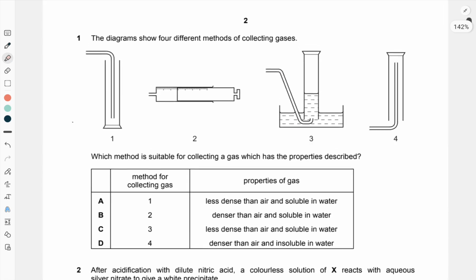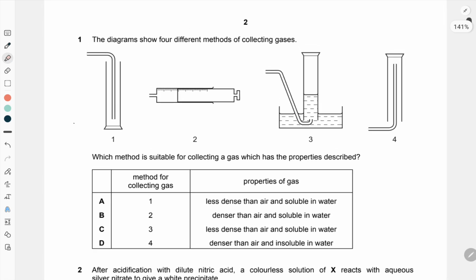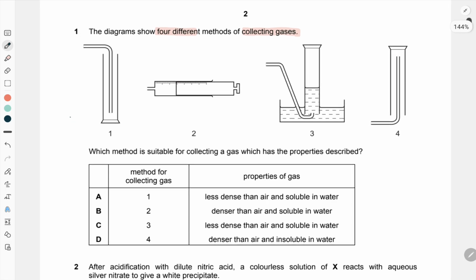Question number 1. The diagram shows 4 different methods of collecting gases. Let's first see the methods of collection of gases. Method 1 is called the downward delivery method. So this is a downward delivery, which is used for denser gases, denser than air. This method 2 is basically an apparatus called a gas syringe,